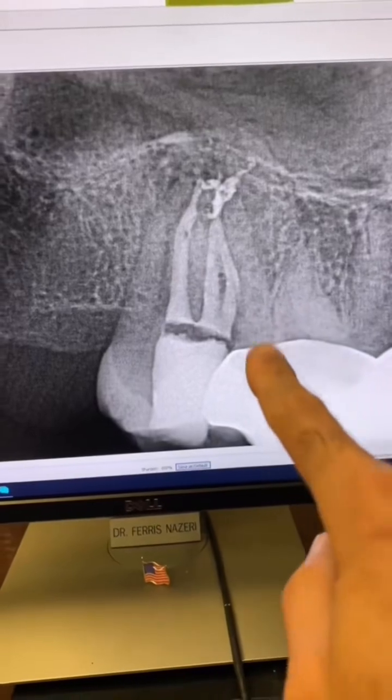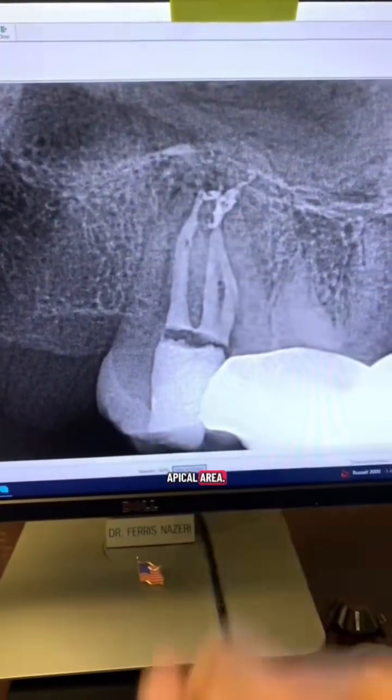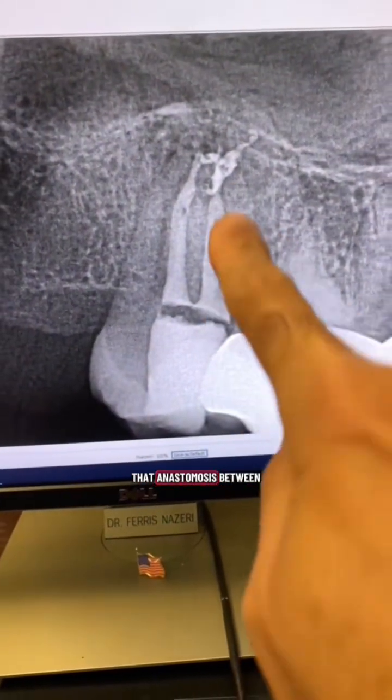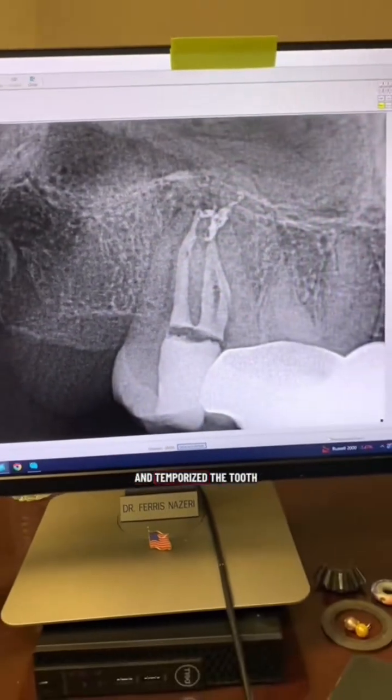This is another angulation. As you can see, everything beautifully. Look at all of this anatomy here in the apical area. And all of that anastomosis between the mesial buccal and distal buccal canals. Everything went great. We went ahead and temporized the tooth and referred the patient back